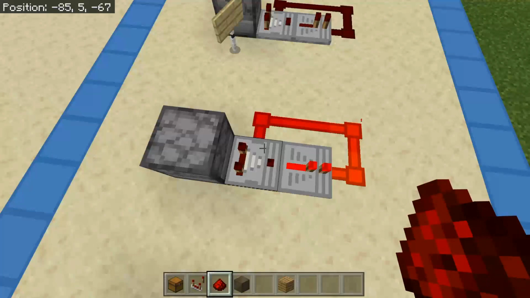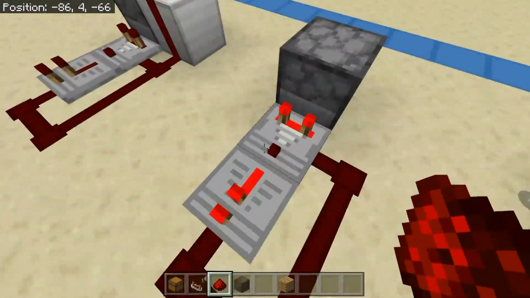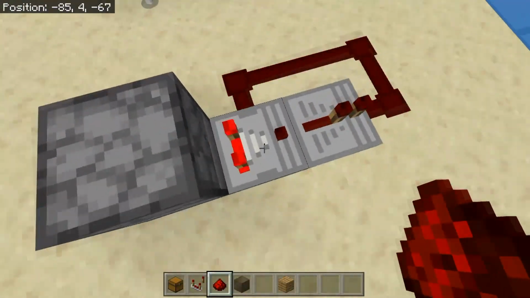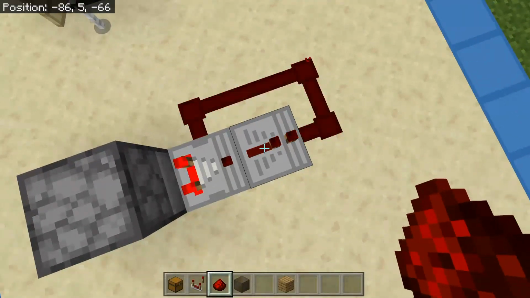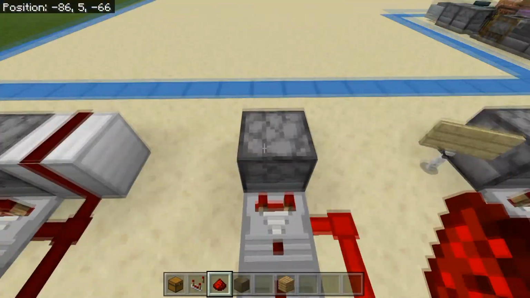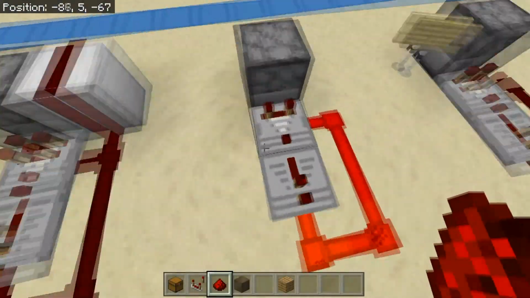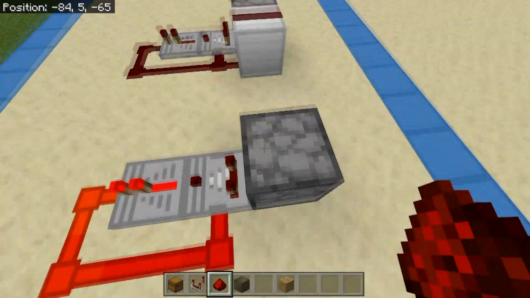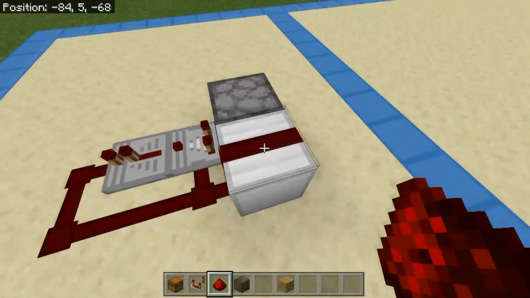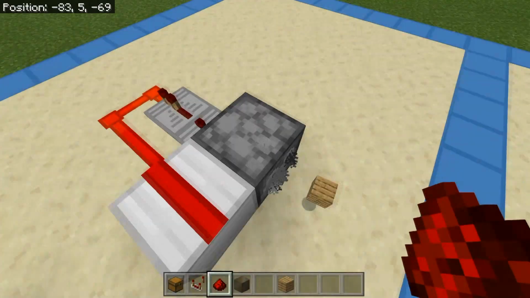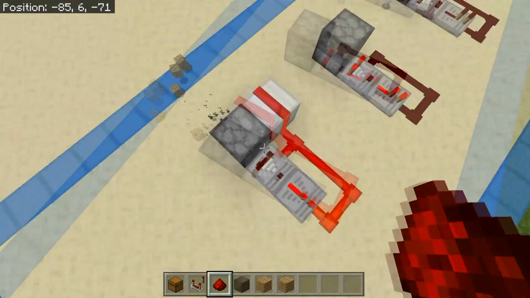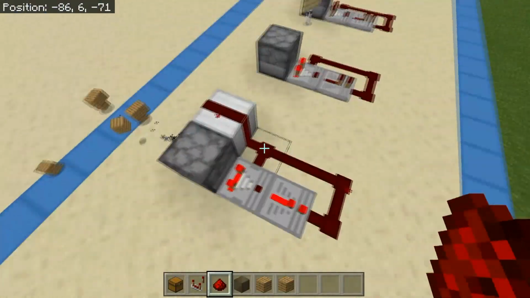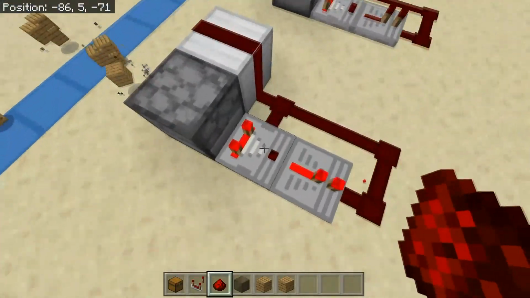So the stages this is going through is detects an item, outputs a signal, compares the signal, turns off, refines the item, re-output, recompare, turns off, turns back on. So that is why we have this loop right here. Then in order to activate the dropper and spit out the item, all we got to do is add a block with a redstone line on top, and you'll see we're constantly comparing the line to the input and spitting the item out